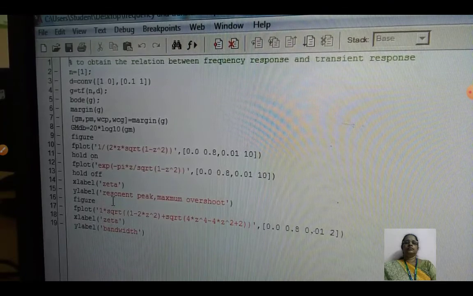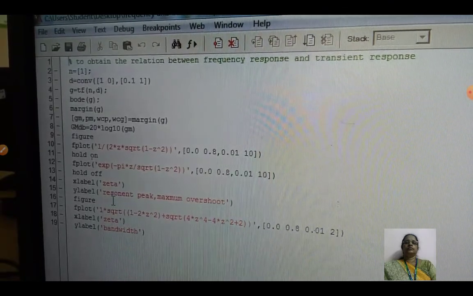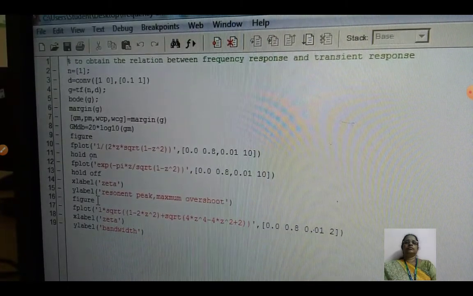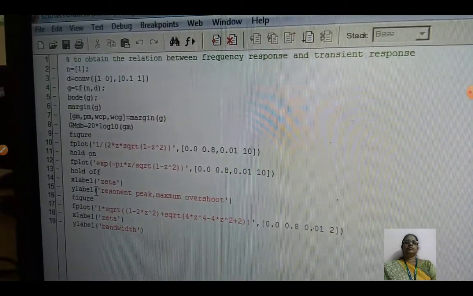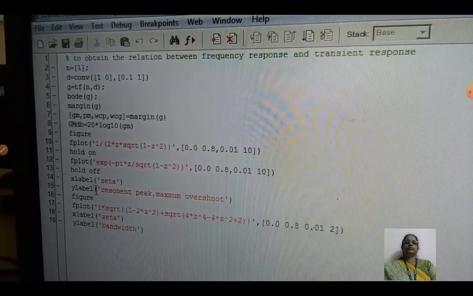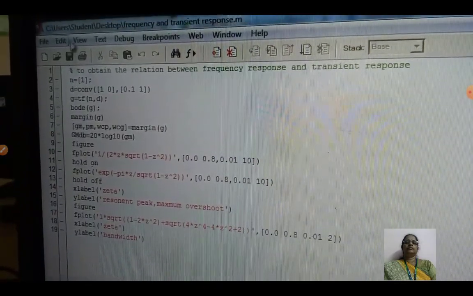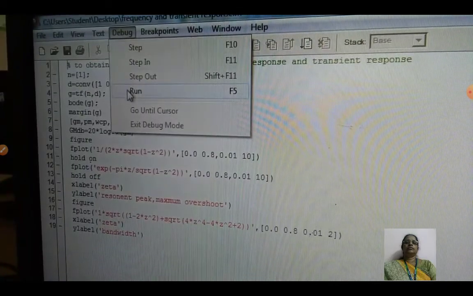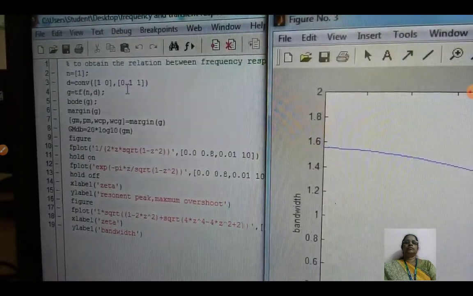First, open the editor window, type the program for the particular experiment, save the program as a .m file, then go to debug and run the program.